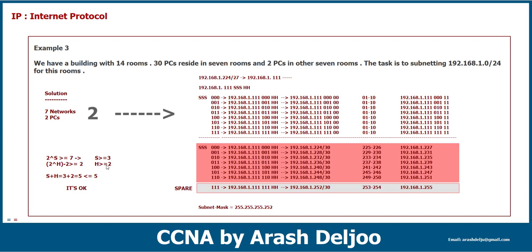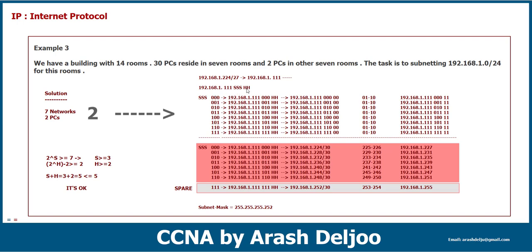Because of that, h should be greater than or equal to 2, and because of that we need s plus h, meaning 3 plus 2 equals 5 bits, and because here we have 5 bits, we can design this scenario. Again, from these 5 host bits, I borrowed 3 bits for subnet, and I gave this part to the network, and here we have SSS, and with SSS we can create 8 networks, and in